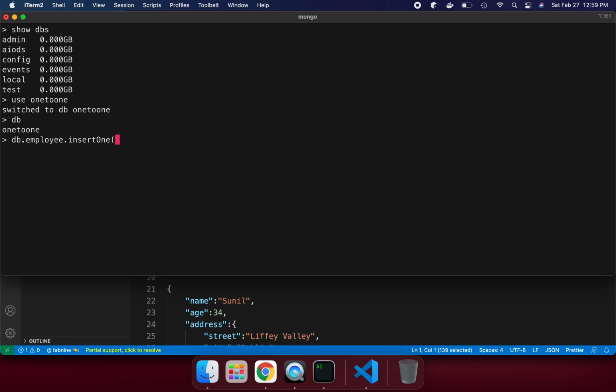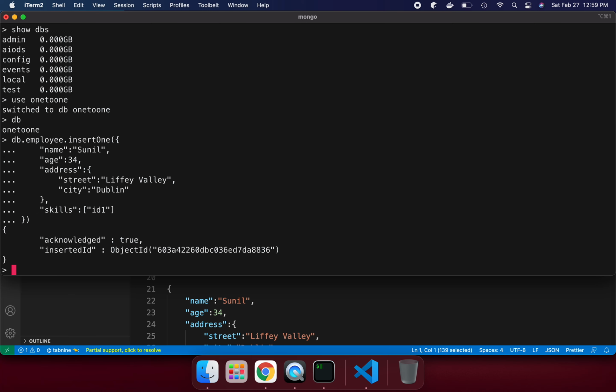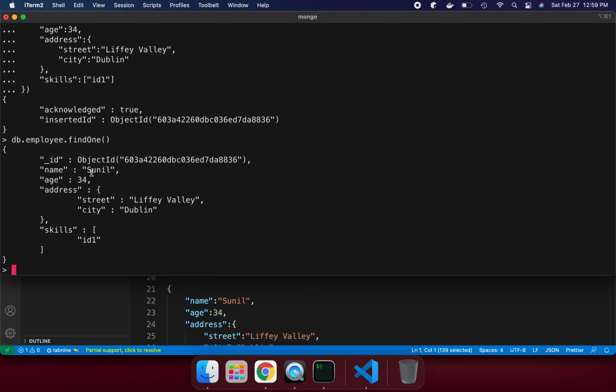If you can do the tab, then Command V, it's going to copy all of my collection, and here I'm inserting it, right? So now I have created employee, inserted successfully. Let's see if employee is present, dot findOne. So now in my database the record is inserted, like image and address, and skill set here, id 1.